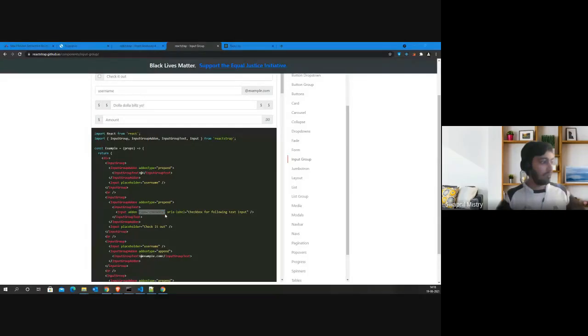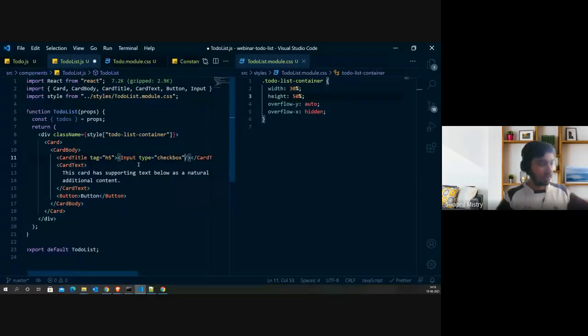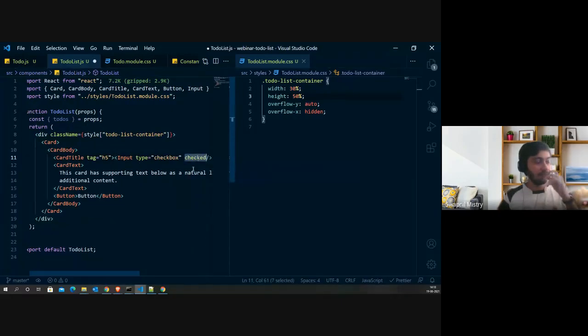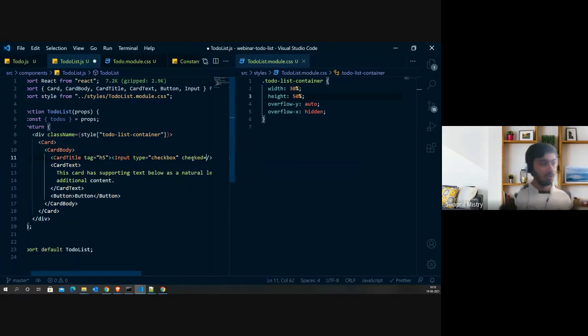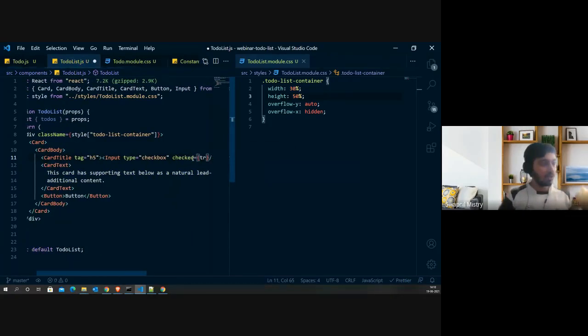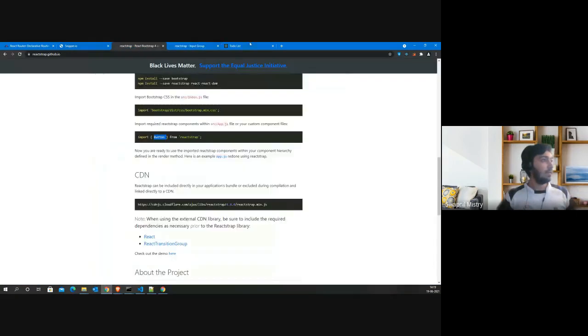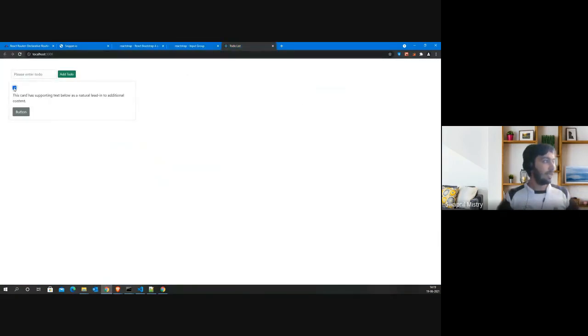So input type is going to be checkbox for us, and it's accepting something called checked. So this will accept a boolean, and it will help us identify whether the to-do is done or not. So as of now, let's just pass it through over here, see how it's working. I also don't need the tag as h5 because we are not using any paragraph or text in this. We just try to see if we are getting what's expected. Correct. So we are getting what's expected.